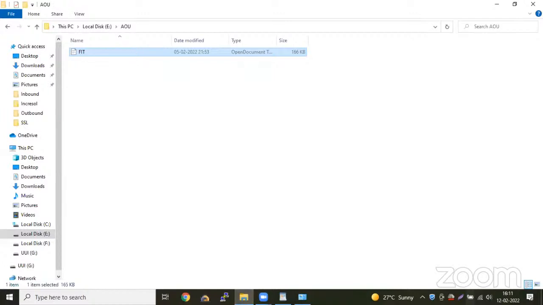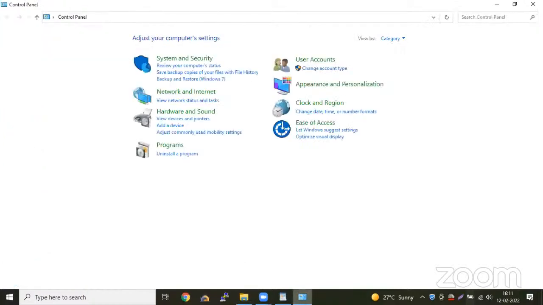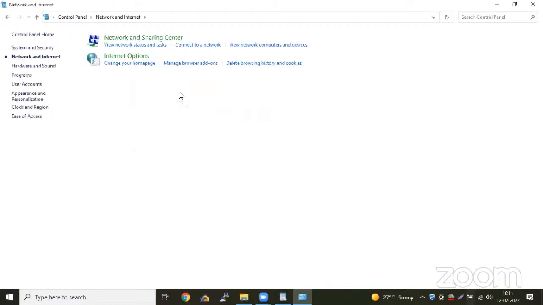Next, I told you about the control panel, no? So here in the control panel, we have several options. First we'll see Network and Internet. We'll go with random options only. For example, if I have multiple Wi-Fi connections,